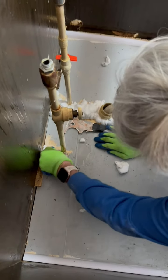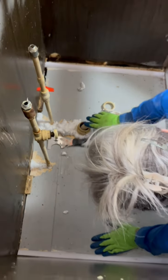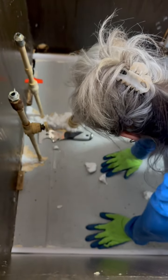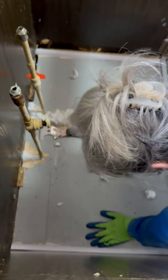This board is a replacement board. It was so rotted, he had to replace this. So he made this board to sit in here, and then he attached it with this. That's all this is. More fun. So, that being said,